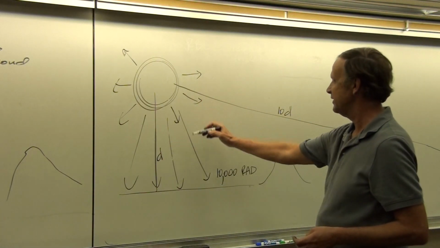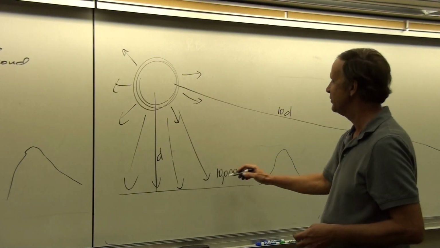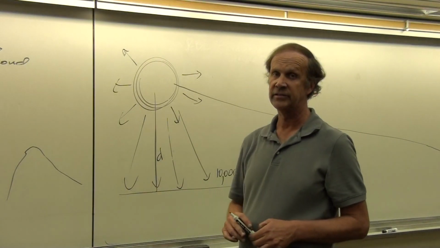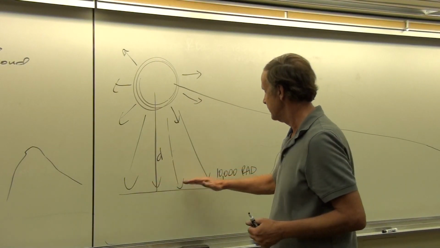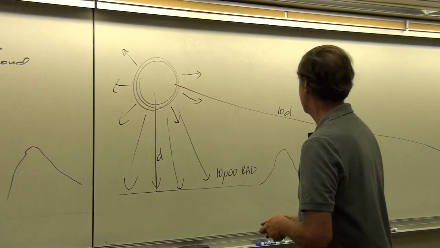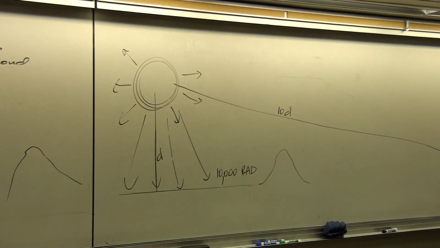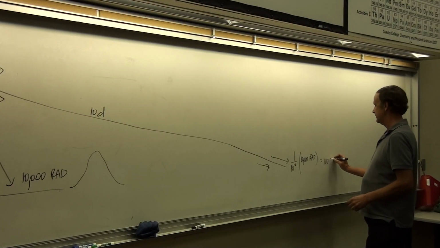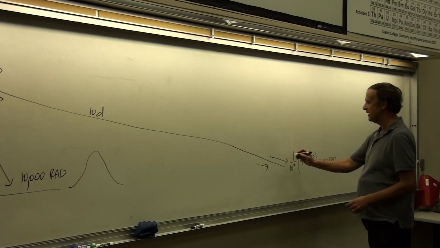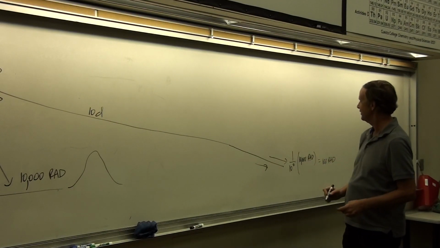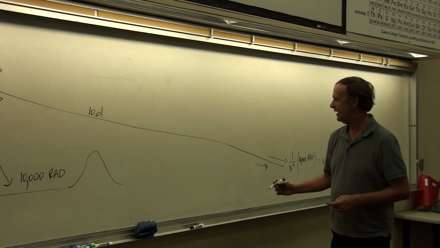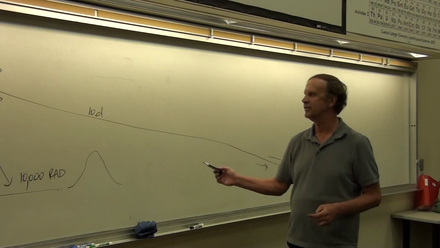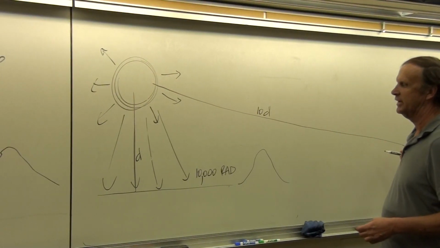But here, this is 10,000 rads, and so this means that people in this nearby area, if 100 rads can kill you, then this would be 100 times that. But you get out here, and you're all the way down at 100 rads. Because of the inverse square law, 10 times farther away, you're only 1/100th of 10,000. And so this is survivable here at a distance that's 10 times farther away. So that might be a few miles away.